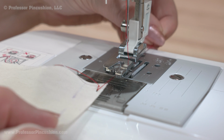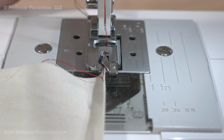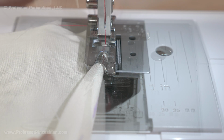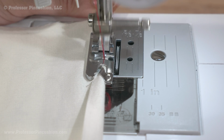Take those 2 threads attached from the fabric to the needle and pull them into the curved or swooped section of the presser foot, going from front to back. Keep pulling until your fabric goes into the swoop, starts to roll over, and is a little ways past the needle. Put your foot down and start sewing, slowly at first and continuing to hold the threads to hold it